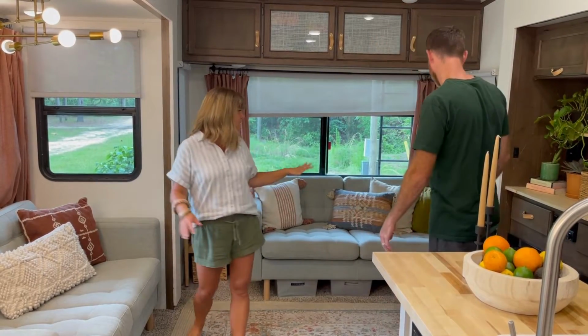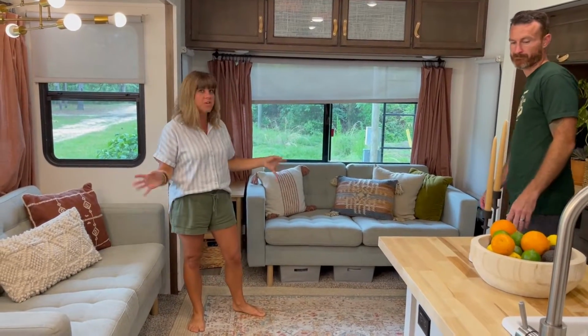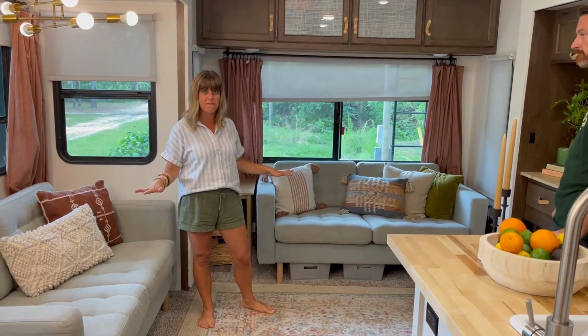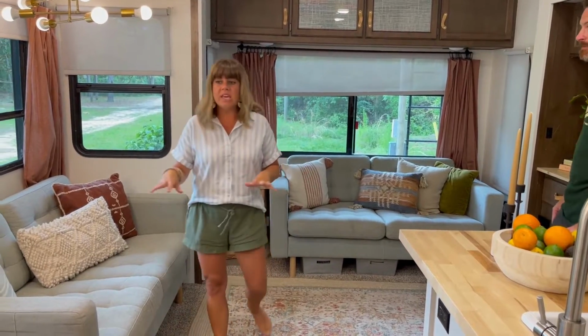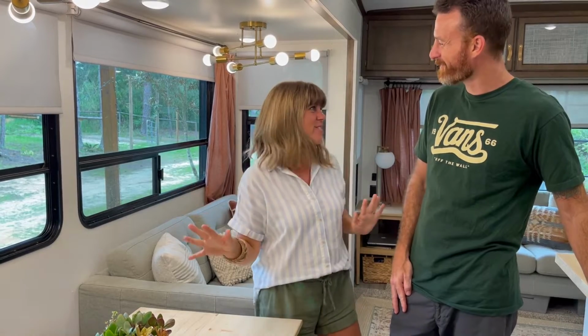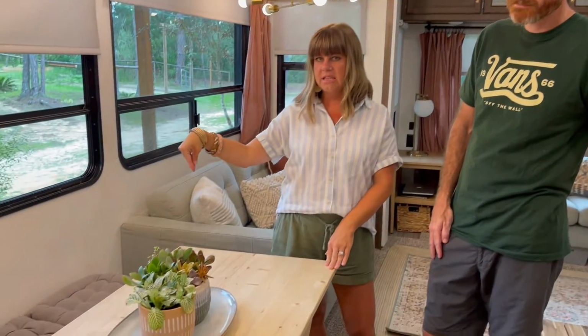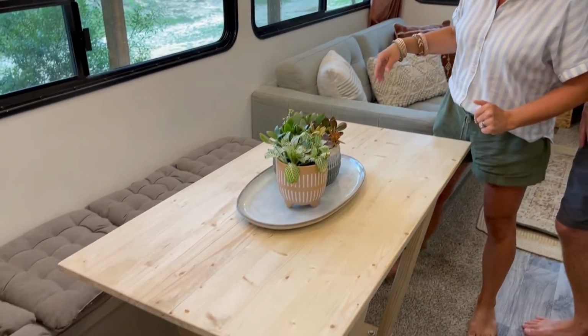Yeah. So this mid-bunk model has 2 couches, which was really important to us, so we can all sit on the couches and we can fit. We took out the built-in booth, and Derek custom made this table and then built the bench seating around it. What's really great is...